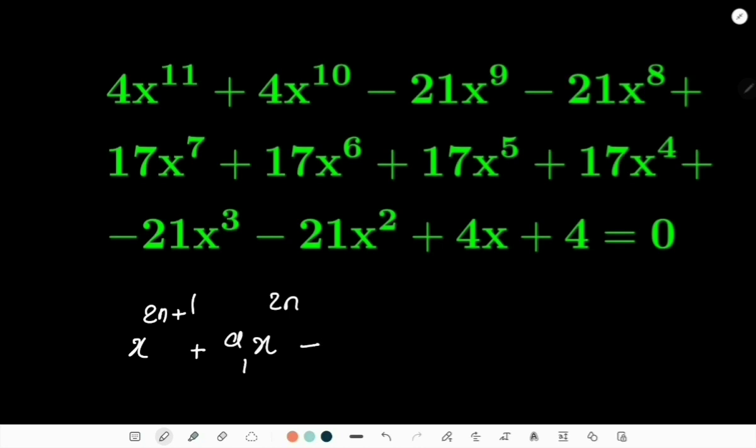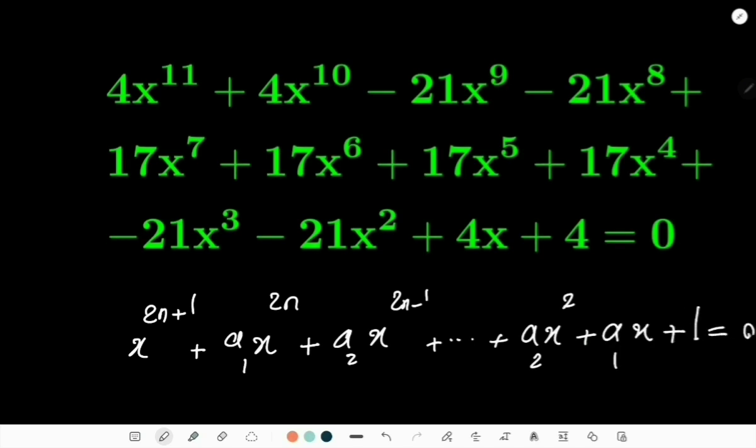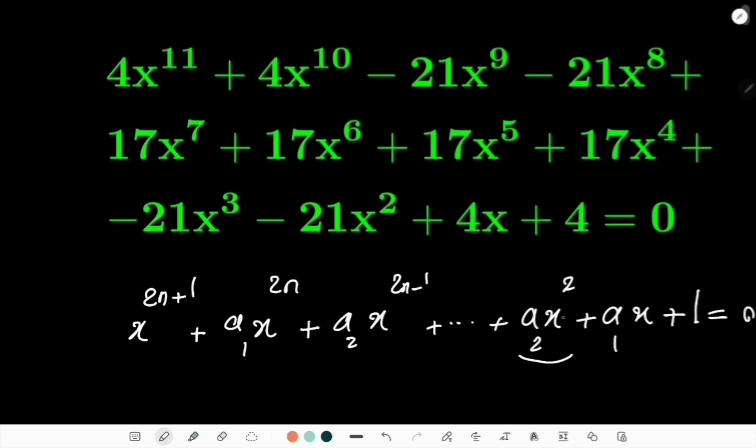And then plus a2 x^(2n-1) all the way to a2 x^2 plus a1 x plus 1 equals 0. Why was this a2? Because it's reciprocal. So the coefficient of x^2 and x^(2n-1), they have to be the same,